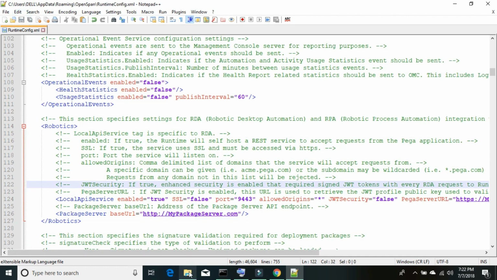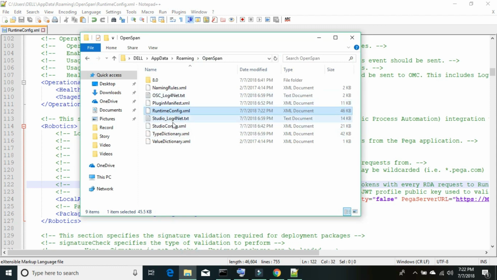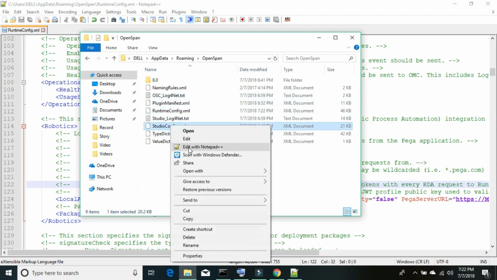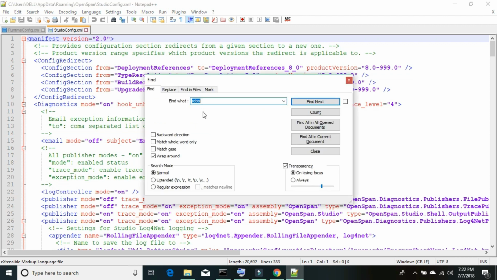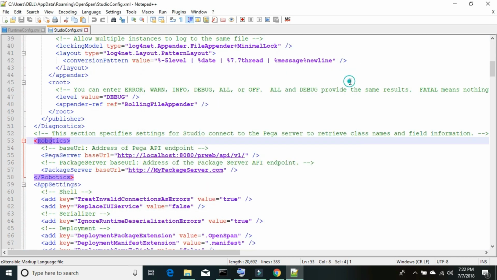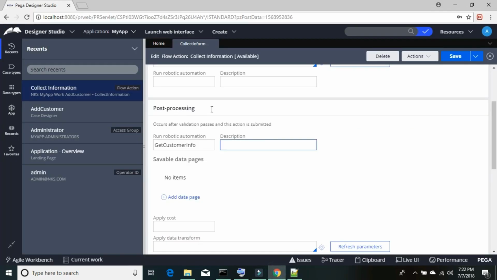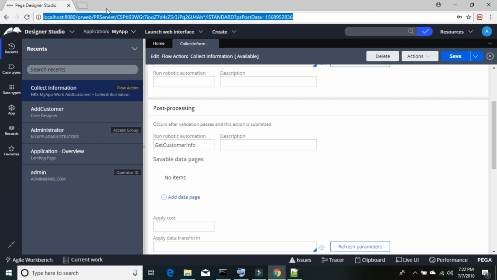Now go back to the folder, locate your studioconfig.xml file, and again right click and add it, whether you want to open it in Notepad or Notepad++ if you have it available. Similarly, again locate your robotic section, and in the robotic section this time we need to update the Pega server base URL, and the base URL is the same URL which we use to access our Pega platform application. There is a little bit of a catch here. We need to check, if you copy the complete URL,